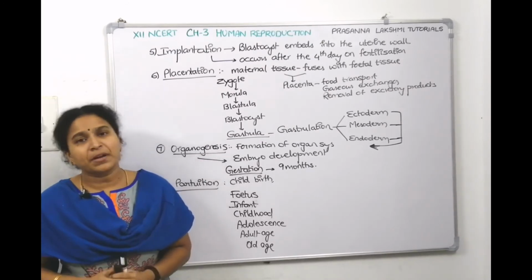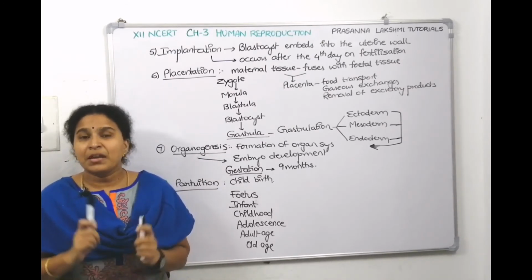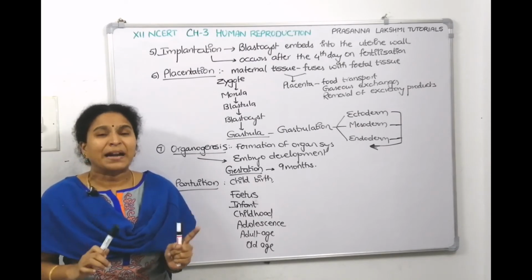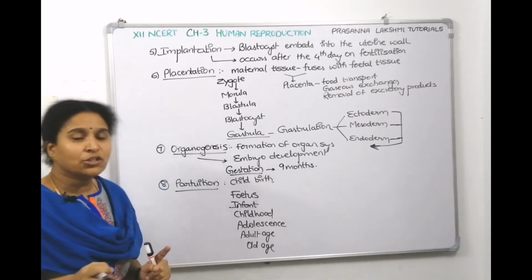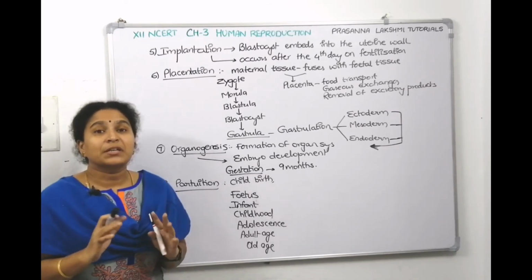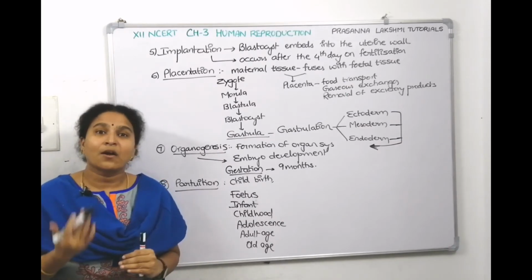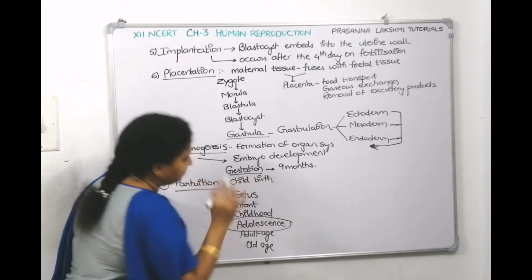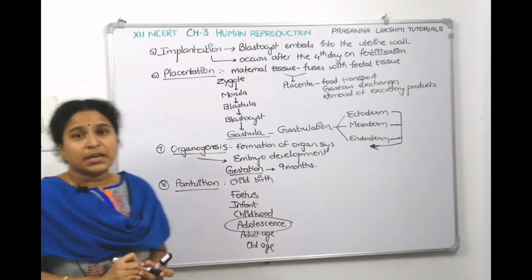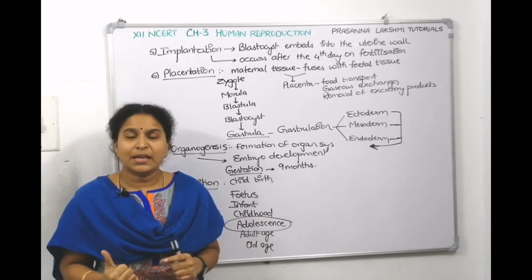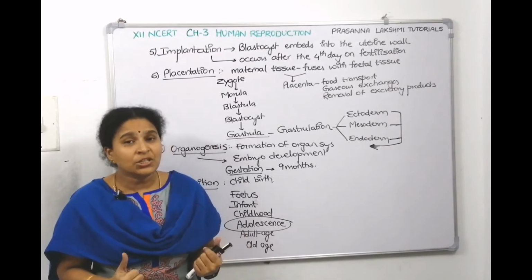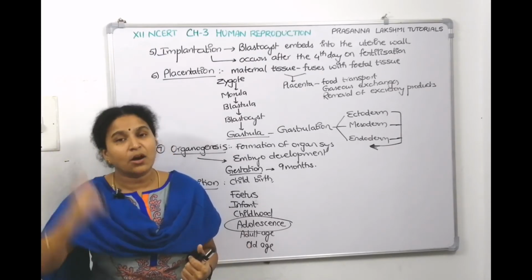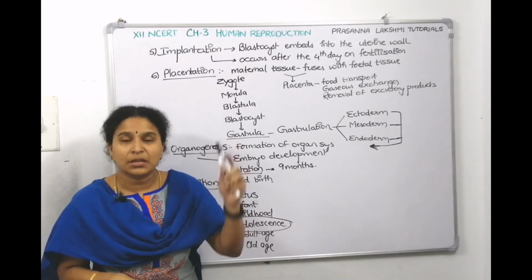Now when we talk about reproduction, at which age are we matured enough to participate in reproduction? The age when puberty starts, the age when adolescence comes, right? So we need to talk about adolescence now. What is the age of adolescence for boys? What is the age of adolescence for girls? What changes can we see in boys during adolescence? What changes can we see in girls during adolescence?